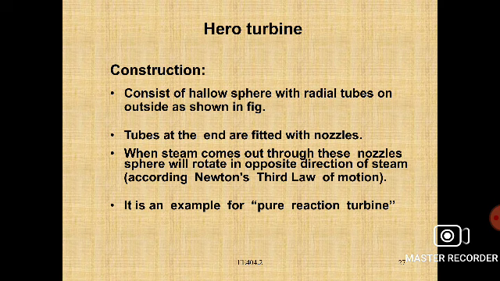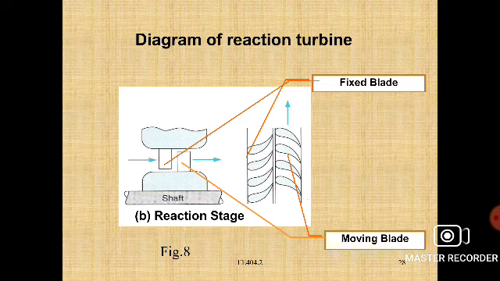When the steam comes out through these nozzles, the sphere will rotate in the direction opposite to the steam, according to Newton's third law of motion. It is an example of a pure reaction turbine, right? Diagram of a reaction turbine, right? So you can observe here,